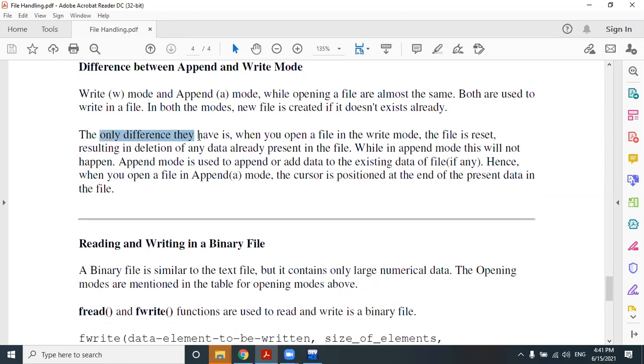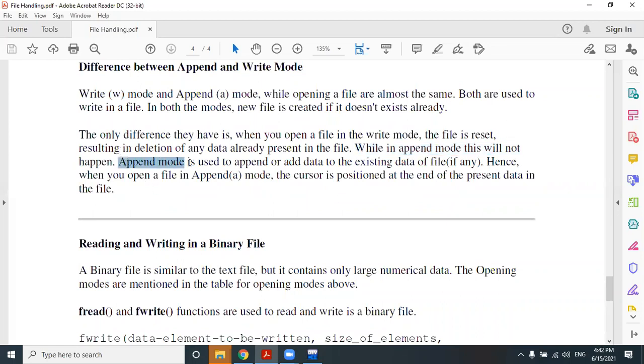What is the difference? The only difference is that when you open a file in write mode, the file is reset, resulting in deletion of any data already present in the file. That means in case of write mode, you are overwriting the previous contents with the new content. But while you open a file in append mode, this will not happen.